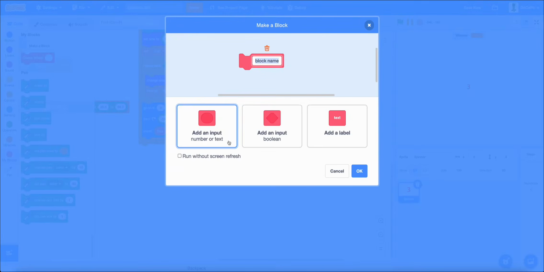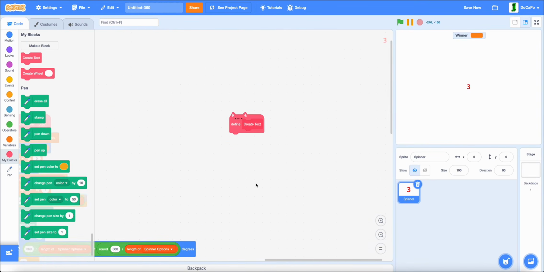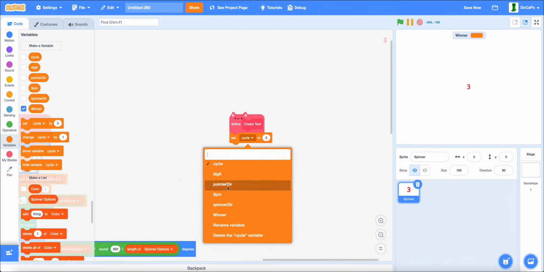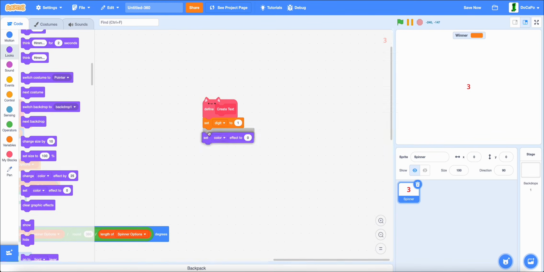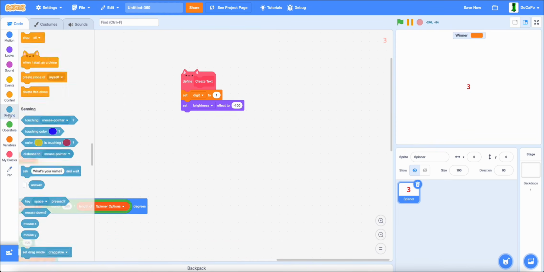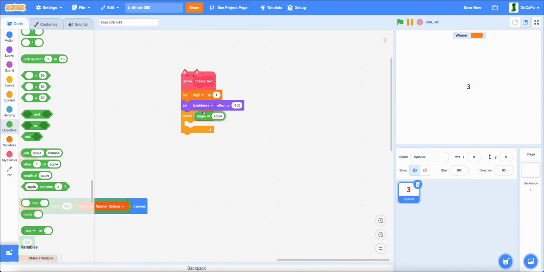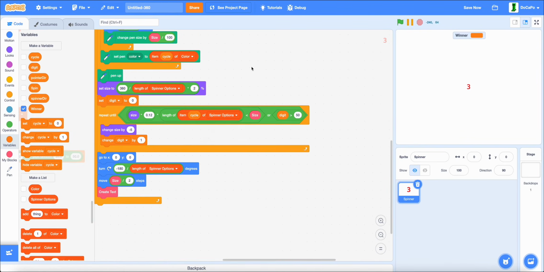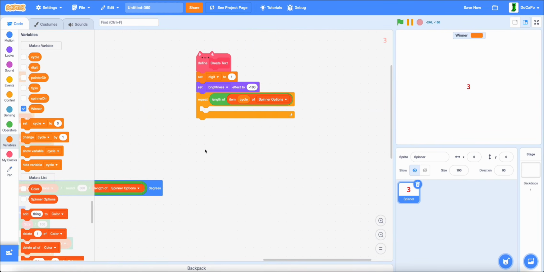And then create a new block called create text. Run without screen refresh. And now in create text, in here, set digit to 1, set brightness to -100, and now repeat length of item cycle of spinner options,